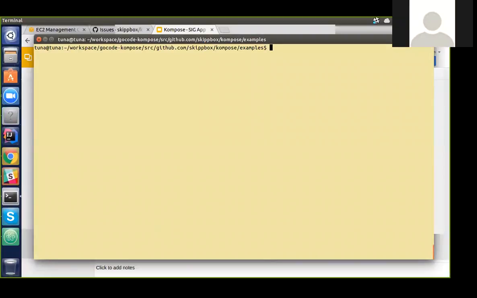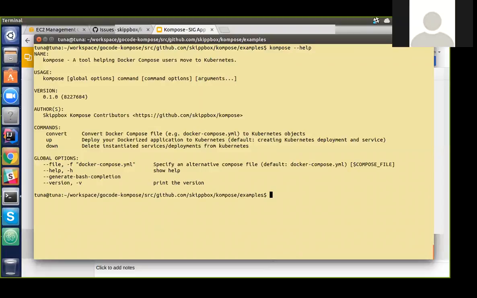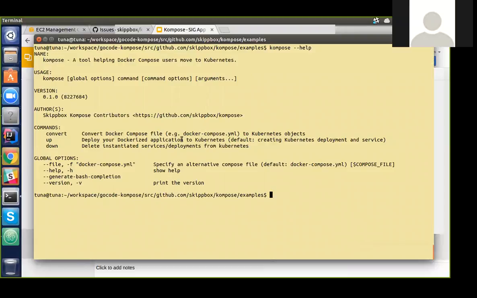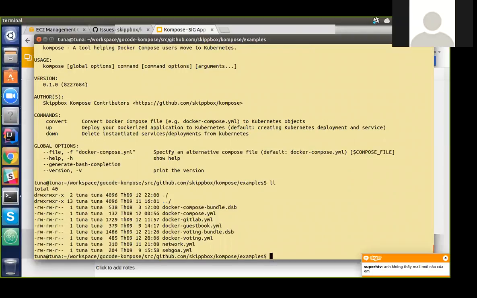We just released the kompose latest version, which is 0.1.0. It is basically a tool to help Docker Compose users move to Kubernetes, and we have 3 commands here. I got some examples here. Let's say we take the Docker guestbook application,